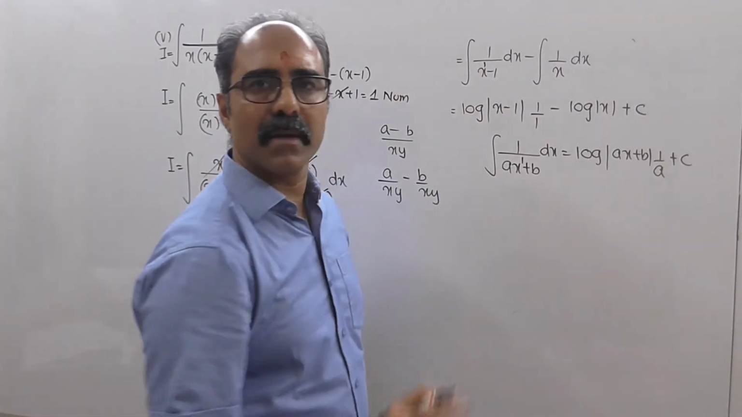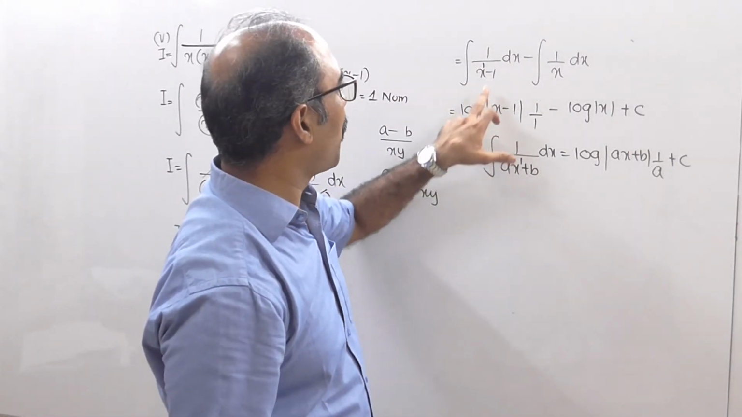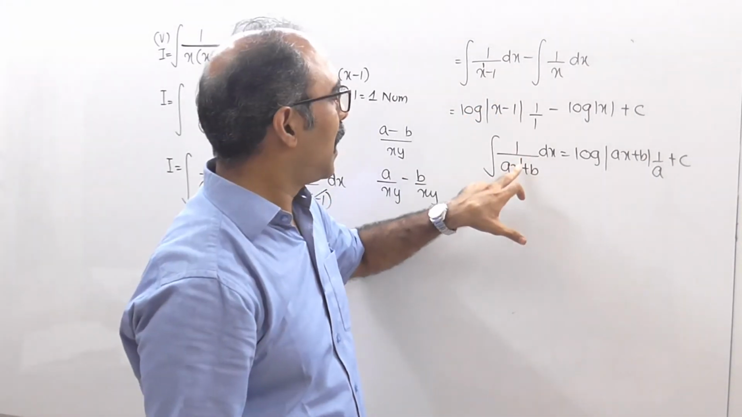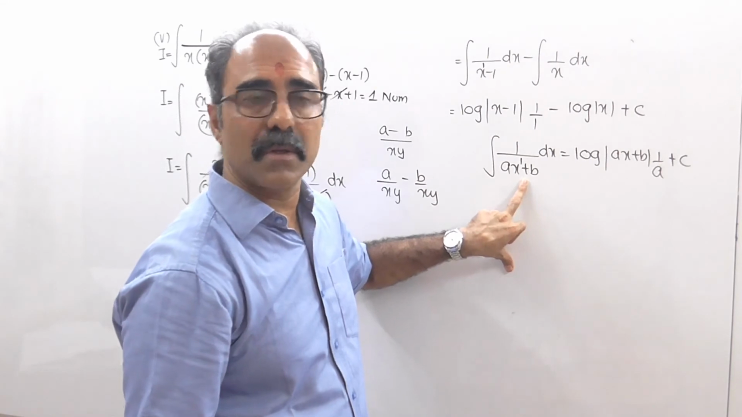देखो ना x का power 1 है, तो linear है. So this is in the form of 1 upon ax plus b, plus की जगह में minus है. You cannot have very precise formulas. Otherwise this will have 4 more variations. So